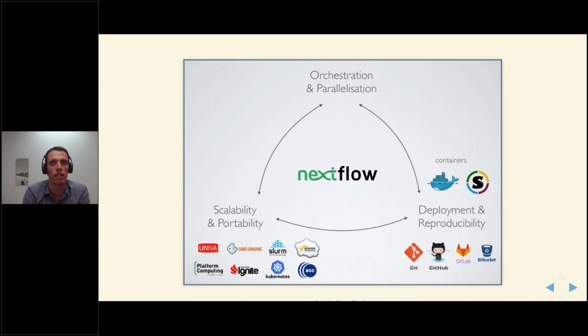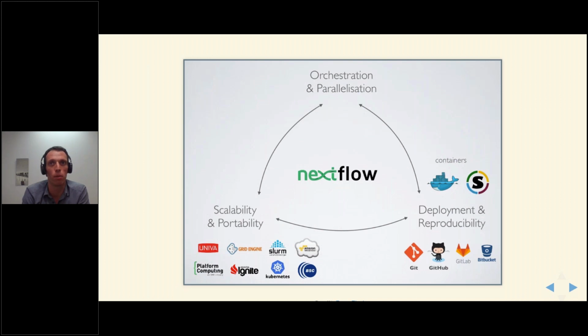Nextflow comes with quite a few really neat features. So support for different execution environments comes out of the box. For example, whether you're using a Slurm cluster or Amazon Cloud Services or any of the other systems listed here.